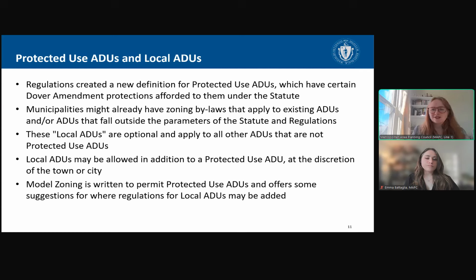So as Chris mentioned, protected use ADUs versus local ADUs is a key part of this. The regulations created a new definition for protected use ADUs, which Emma is going to explain in a little bit more detail in just a moment. But we just want to note that that's something that you should really familiarize yourselves with, and we'll note throughout the zoning whether we're talking about an area that applies just to protected use ADUs